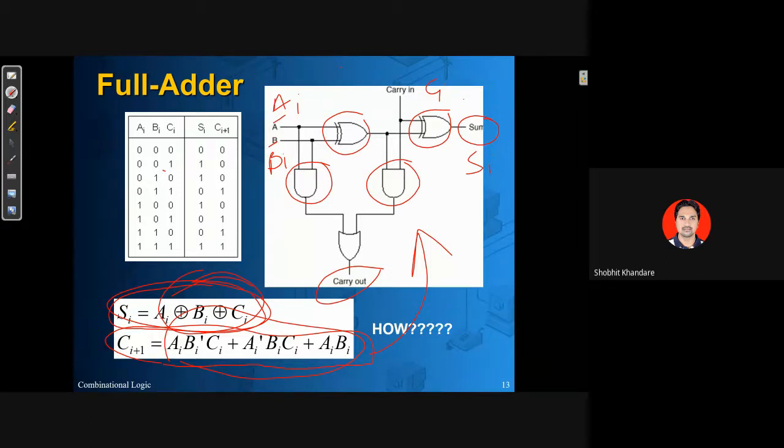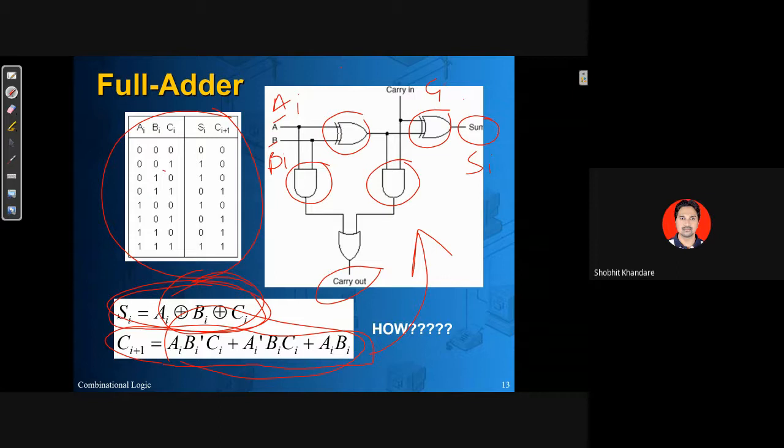Here we have BI. Yes, you please cross check the equation जो आया है. You have to do the K mapping of SI and CI plus 1 and see whether the equation you have got is right or wrong, and then you can put it in the form of a circuit diagram, that is, using the logic gates.